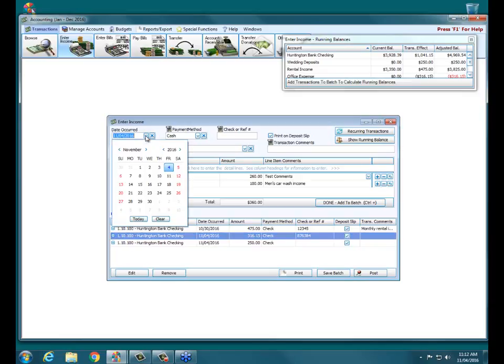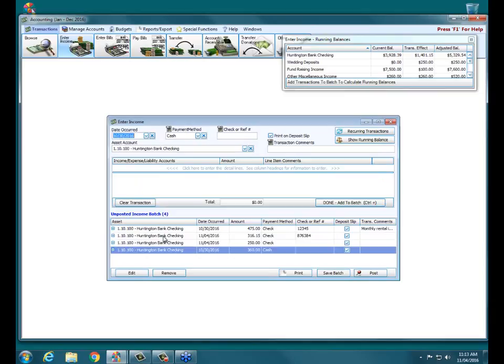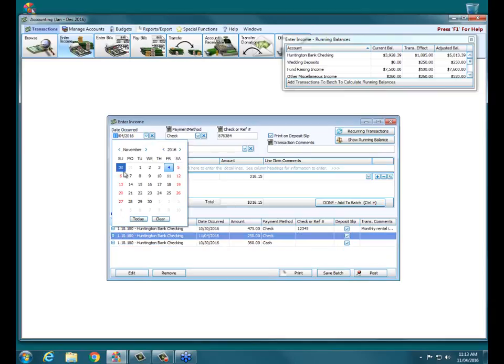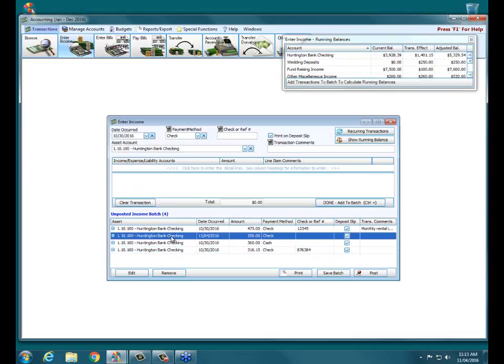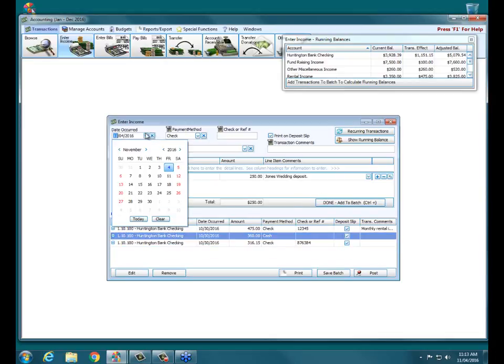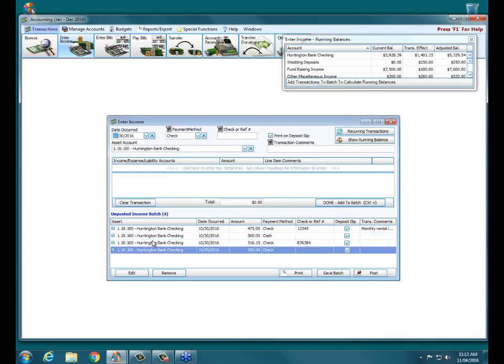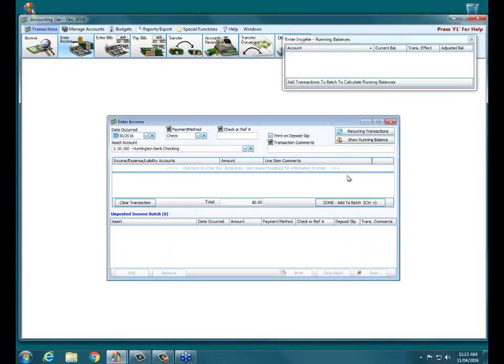So we're going to have to backdate these back to October 30th. Done, add to batch. It is, of course, important which month you want this income to show on your treasurer's report as income too. But in this case, I'm doing this for the purposes of our webinar and the deposit slip. Once they're all deposited on 10/30, now when I click post, you can say yes to printing the report, but we're not going to do that based on our time for our webinar.